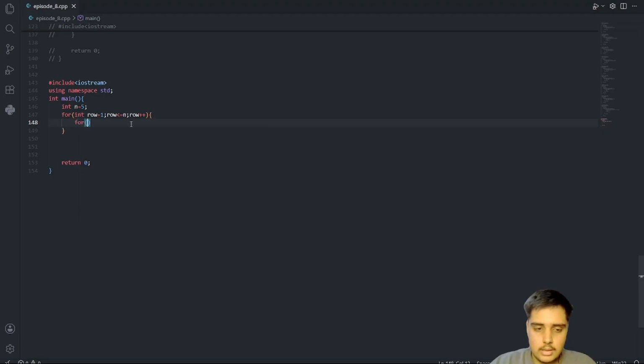But for this we will not say column here, we will say int space, and the space will be equal to 1 initially.